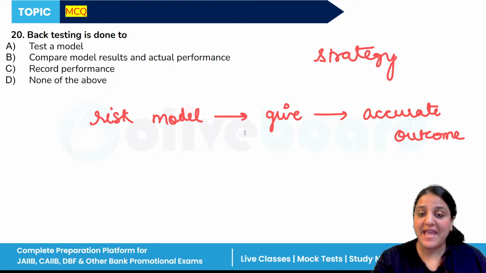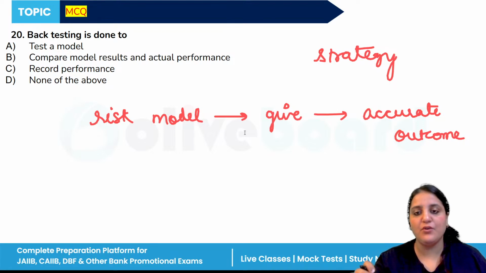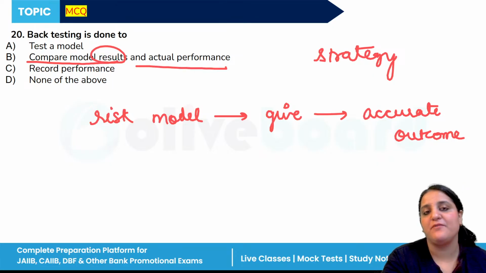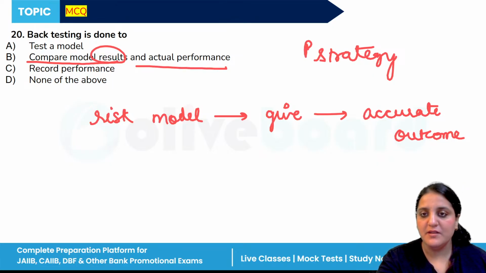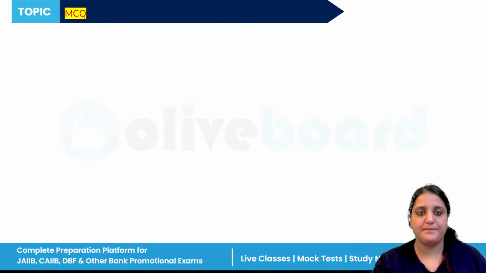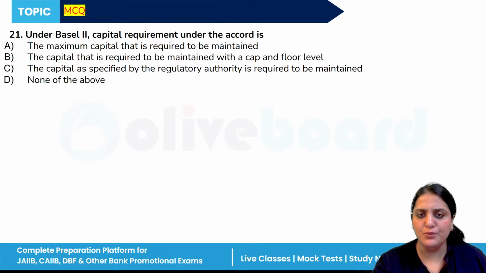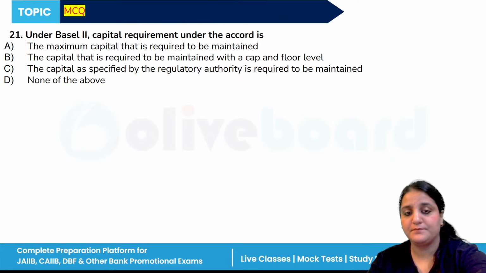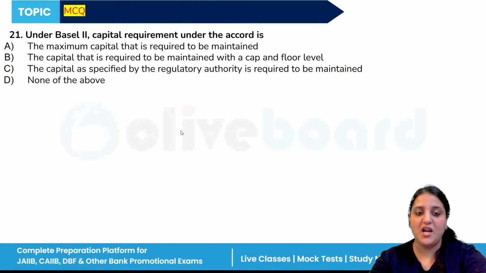So a bank predicts daily losses of 1 crore using a value at risk model. If actual losses are 3 crore, the model fails backtesting. So what is the main aim? Its aim is to compare model results and actual performance. So option B is correct here. Under Basel II, capital requirement under the accord is